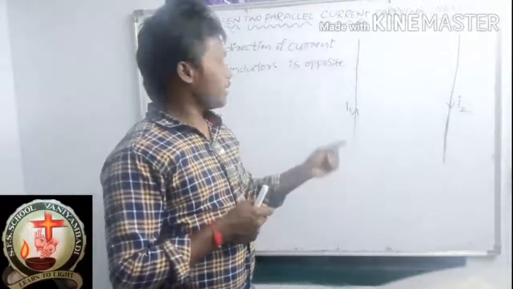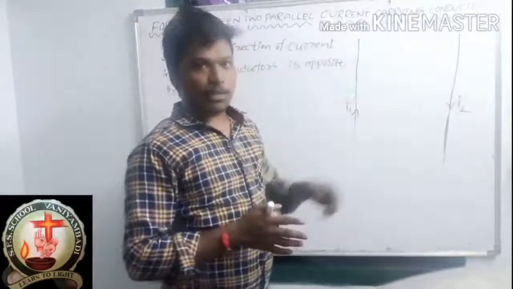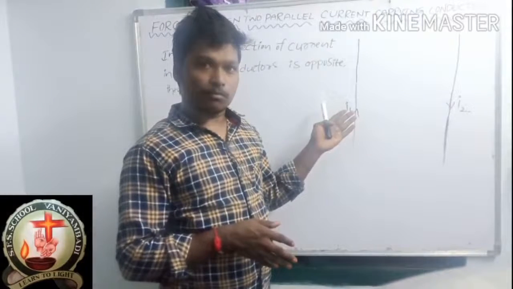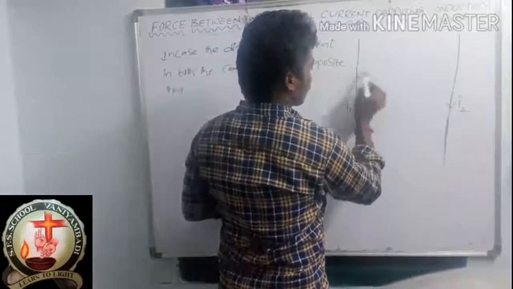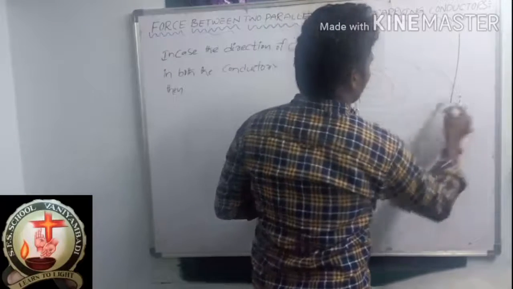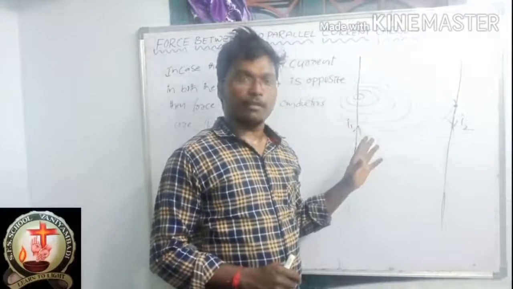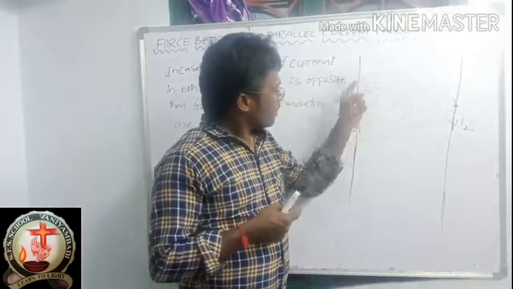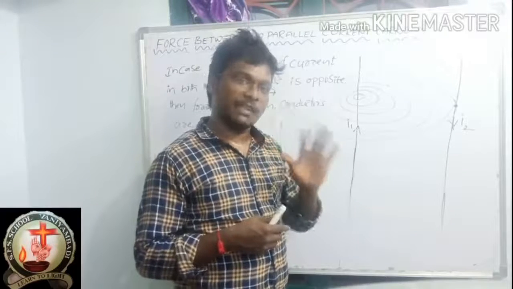So here the direction of current is moving upward. So this will produce a magnetic field around this region, right? Actually here I am going to find, what is my aim? I am going to find the direction of force, correct? So how to find the direction of force? By the use of Fleming's left hand rule, correct?